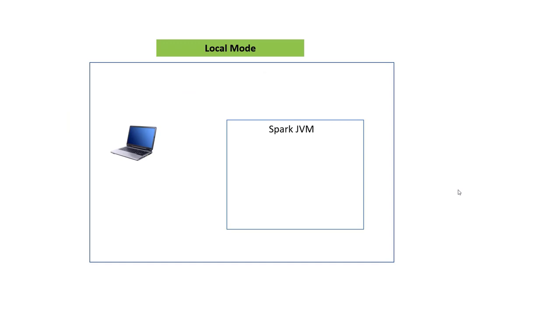We can start a Spark application in local mode also. Local mode is the most comfortable and easiest method to start. It is mainly for learning purposes only. In this case, we don't need any cluster. We just need a local machine and Spark on it. In this scenario, Spark begins in a JVM, and the driver and the executor run in the same JVM.